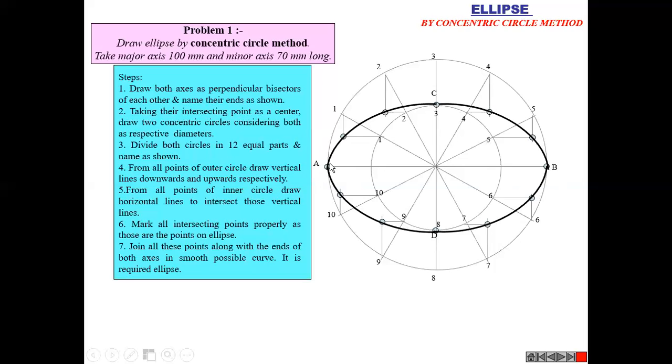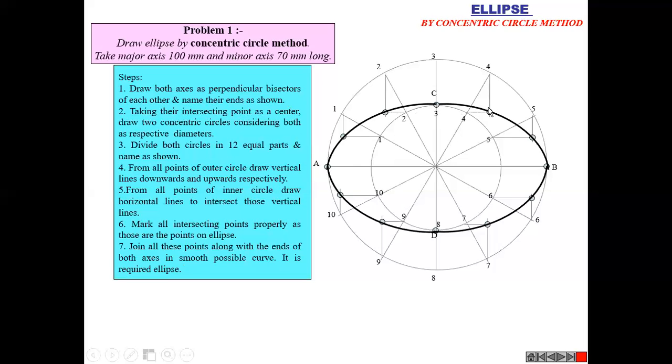points by using the engineering French curve. So try to match 1, 2, 3 or 4 points by using the engineering French curve and complete the curve one by one. That is 3 points or 4 points. Then next